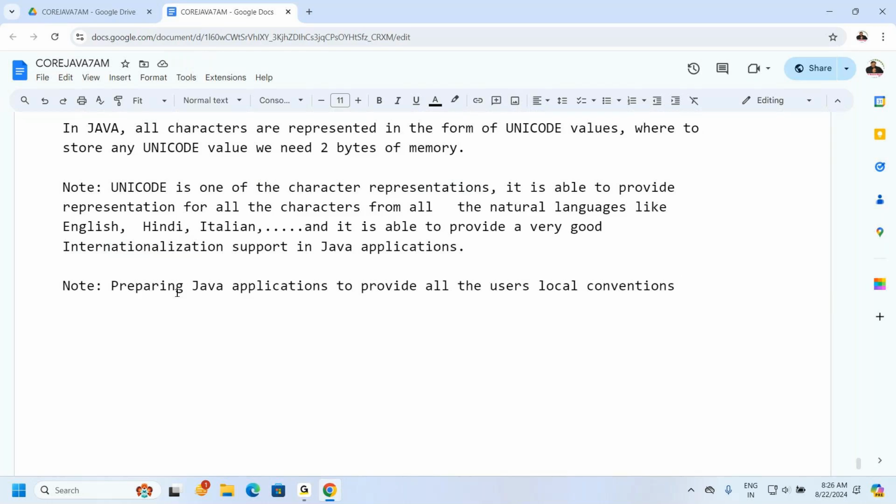Then I can explain more about how to represent data as per Telugu, Hindi, English, and Italian, and how we represent the date value. I can show that effectively. But for the time being, we have to understand that preparing Java applications to provide all the users local conventions is called internationalization. In short,